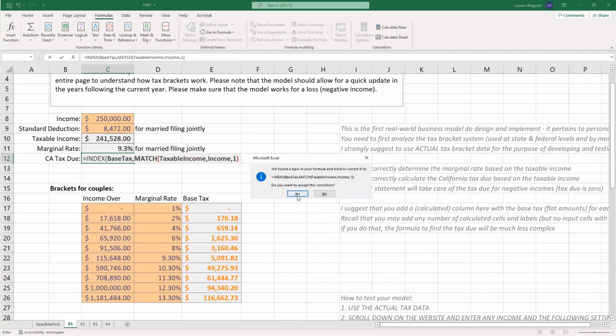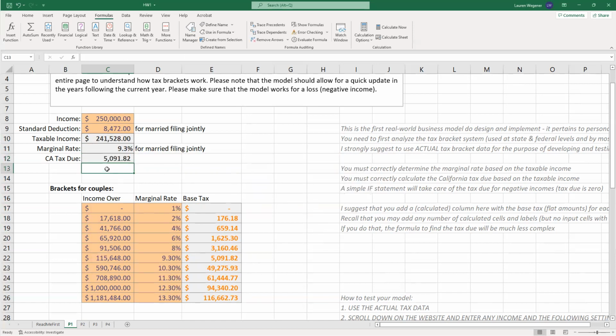I think I'm fine, but you apparently want another parenthesis. See, I didn't close the parentheses, so it just wants another one. Fine. So this is correct. This is giving me the correct base tax that I want. Now I want to add to that